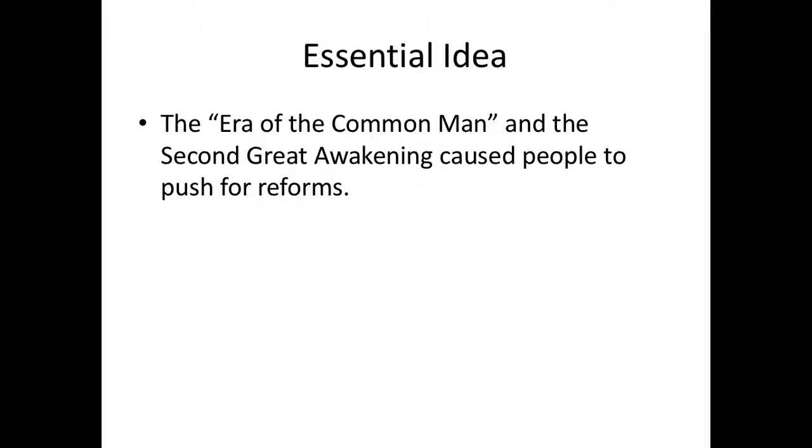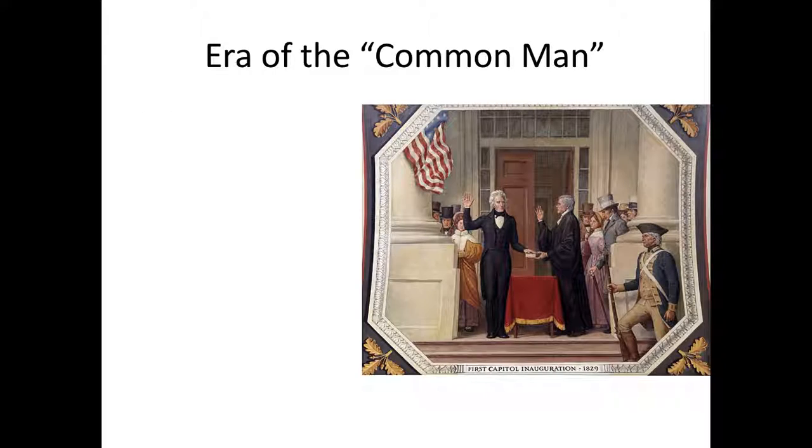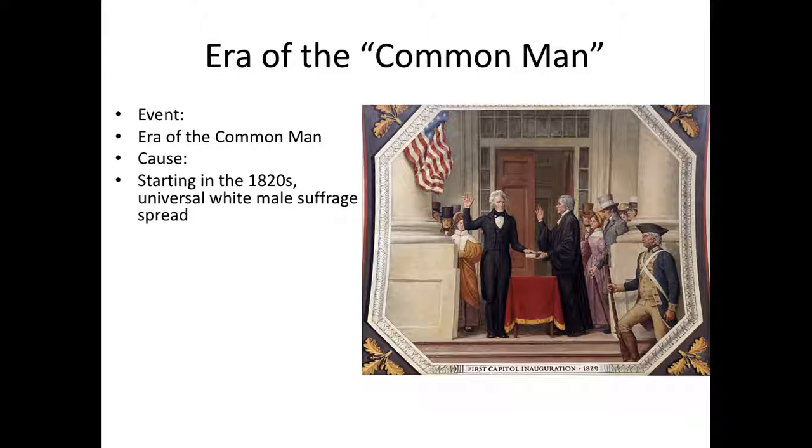Okay, so let's do a little bit of review from the previous 2 lessons and see how they come together. So remember that we are in the era of the common man. So during the era of the common man, remember that more common people have a greater say in society in terms of law, or in terms of elections. They get to elect people like Andrew Jackson, who they feel represent their will. So why does this happen? Well, starting in the 1820s, you see the common man get the right to vote, or at least the common white man, with the beginning of universal white male suffrage.